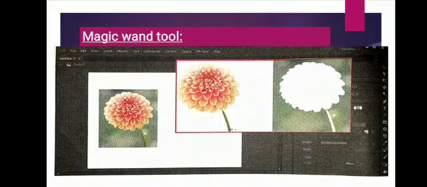Click on the magic wand tool and click on any part of the image. See, one flower diagram is given here. All the adjacent area of the pixel having the same color will be selected. Okay, so by this magic wand tool you can use it. In the first selection, here it removed the background green color. In the second, it has removed the filled area. Okay, so these are the uses of the magic wand tool, polygon tool and lasso tool.